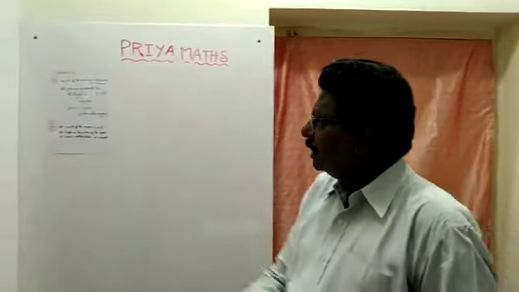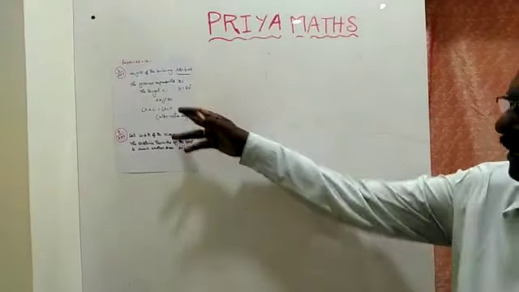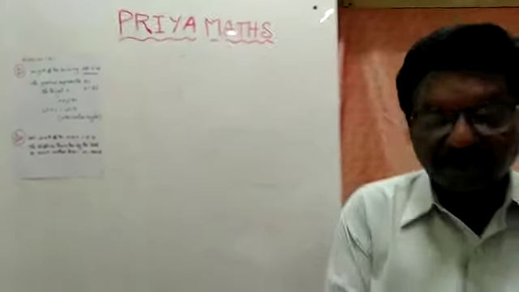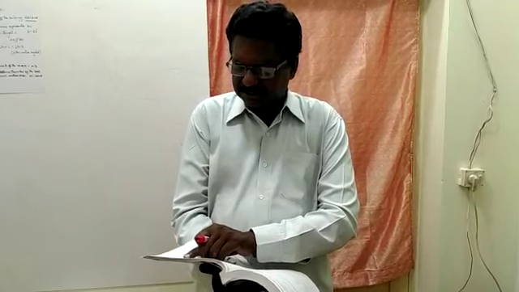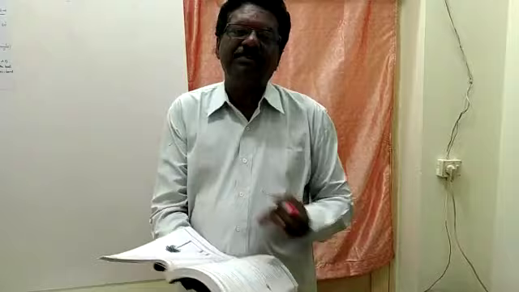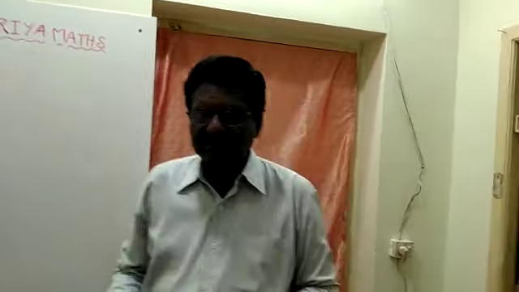Okay students, next you will go to the 8th sum, page number 299, the 8th problem. A boat has to cross a river. It crosses the river by making an angle of 60 degrees with the bank of the river due to the stream of the river and travels a distance of 600 meters to reach the other side of the river. What is the width of the river? For example, you have to see so many rivers.